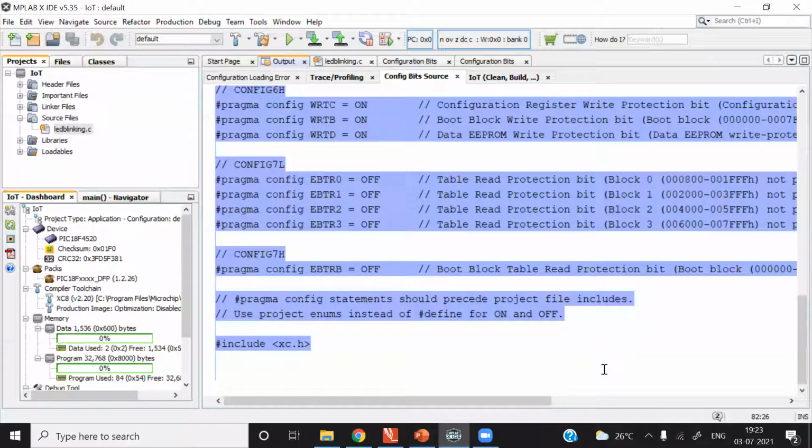In Proteus, can we build a PCB design? Yes, it is possible, but there may be some limitations. I will talk about the limitations of this kind of software for designing the PCB. Your components may not be appropriately placed. That is the major issue if you go for automatic PCB design.